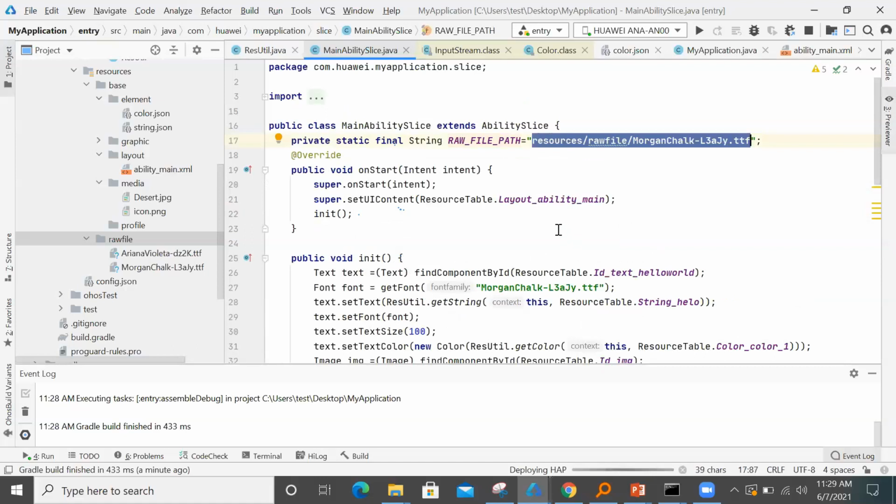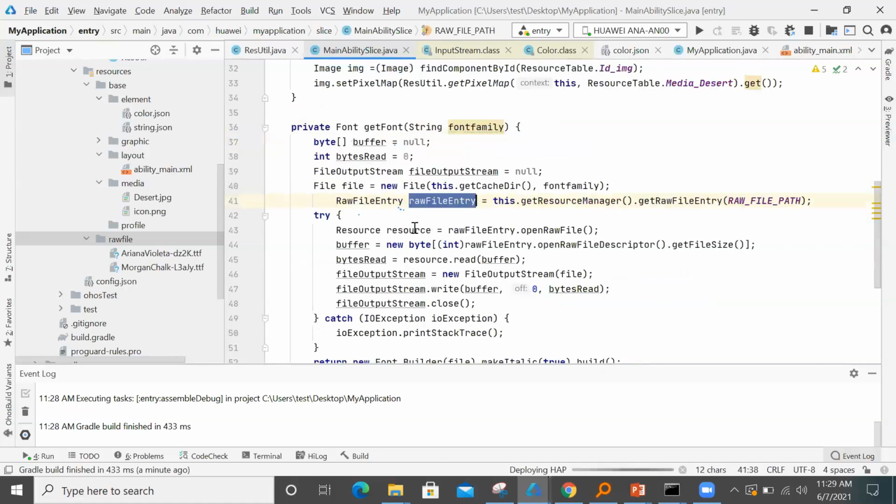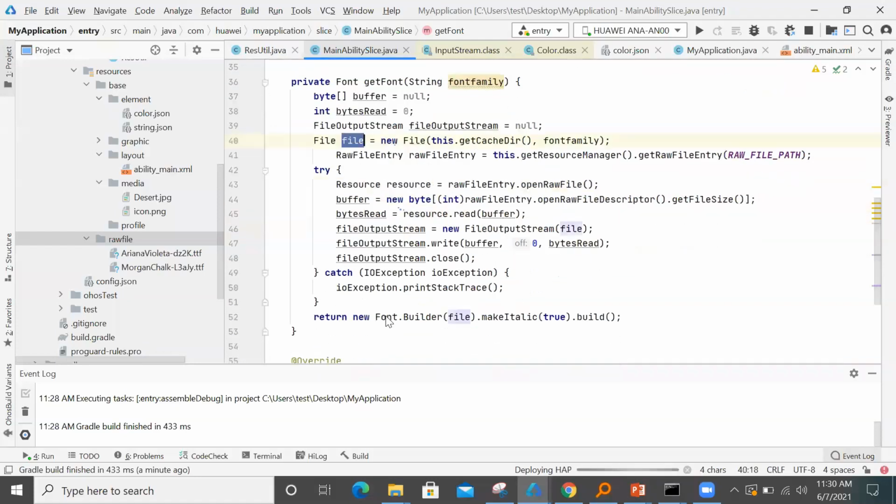Now in order to open it, you can use open file, that will give a resource type. There is data present inside this TTF file that we will read as bytes, and we will put inside the device cache directory. And now inside this file, the argument to the font build will create a font of type whatever we have given here.